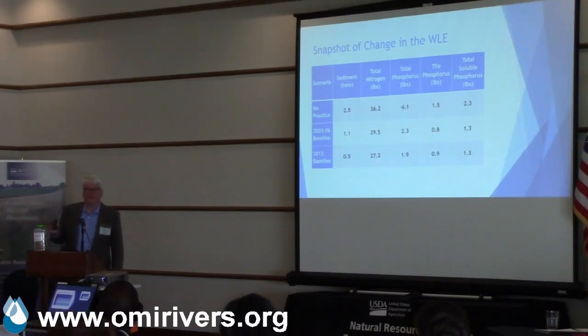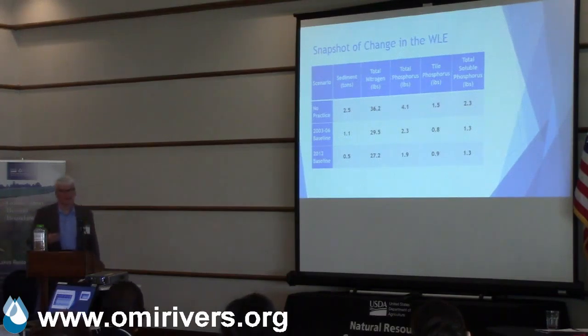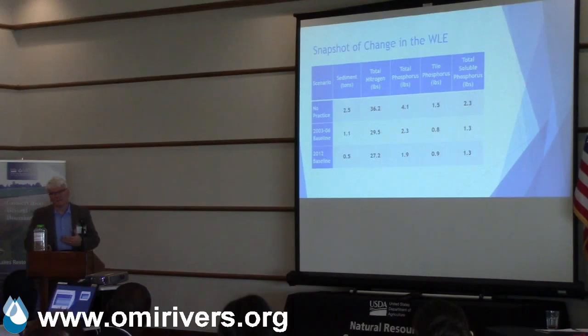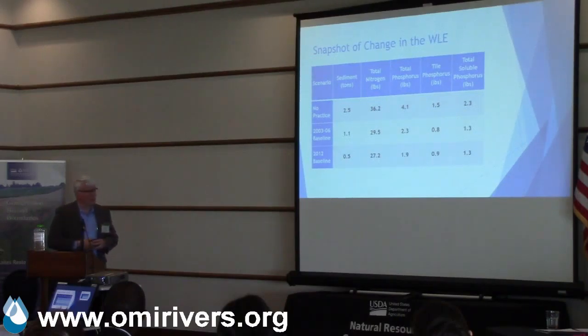Just a real quick snapshot to talk about the results of the voluntary approach and what kind of gains we're making under the current way we're operating. Without any practices, the average sediment loss, and this is different from the sheet and rill erosion, sediment loss is what's delivered outside your farm system. The erosion is what we think of as happening inside the system. Once it goes out and is delivered to some type of water body or water course, that's when we start calling it sediment. 2.5 tons in 03-06,